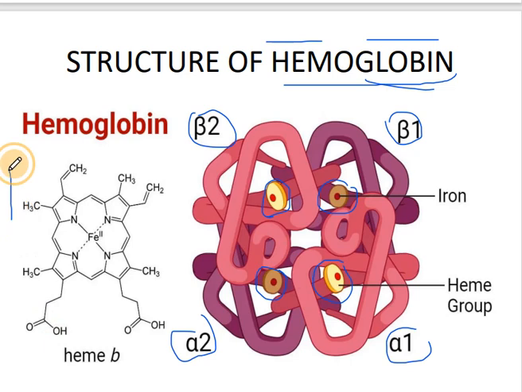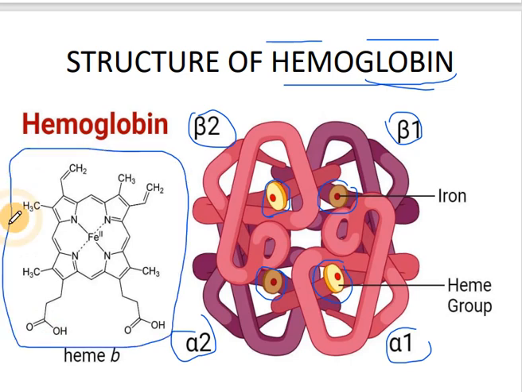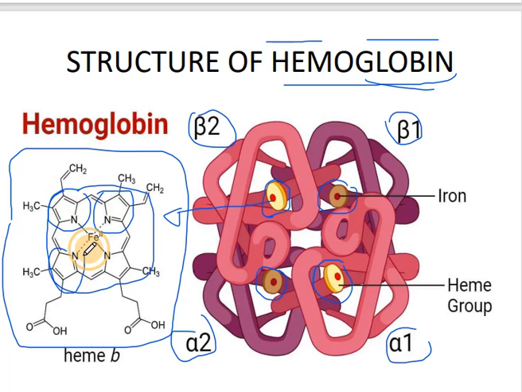This is a heme typically known as heme B. It is made of an iron which is embedded inside four ring structures. This ring structure is called a porphyrin ring, and each of these rings, a 5-membered ring with a nitrogen, is called a pyrrole. So the heme is made of a porphyrin ring made of four pyrroles